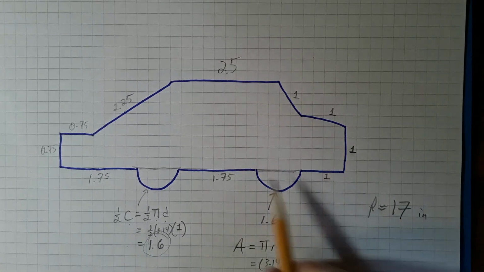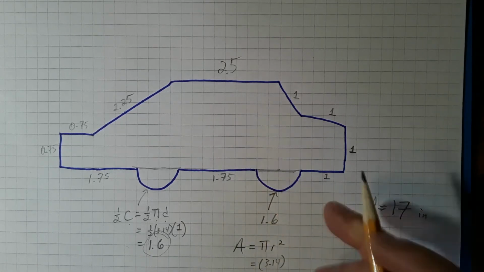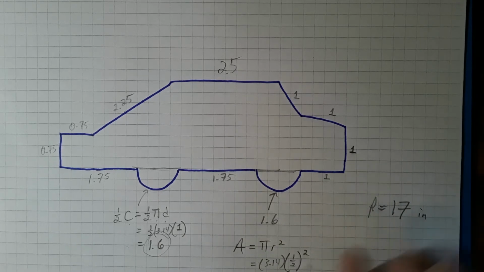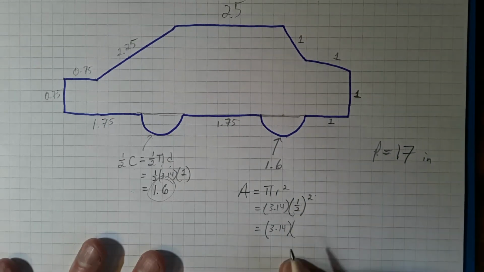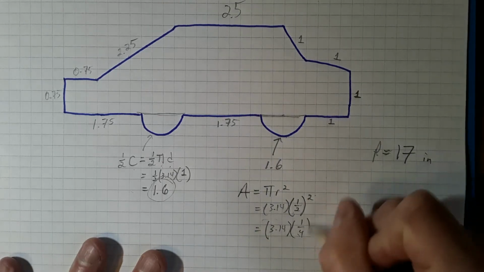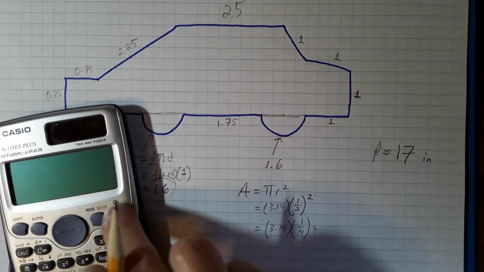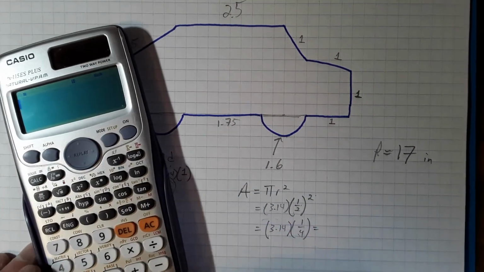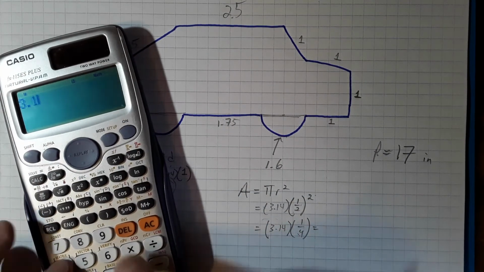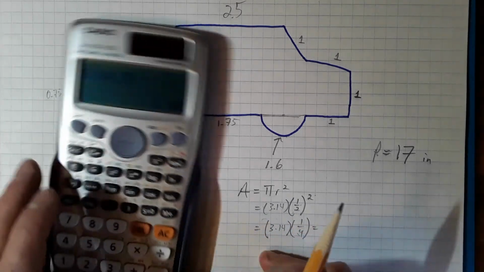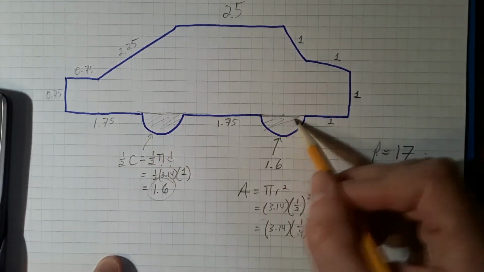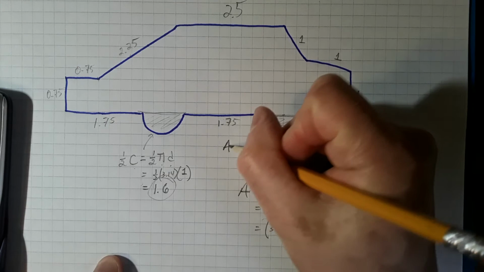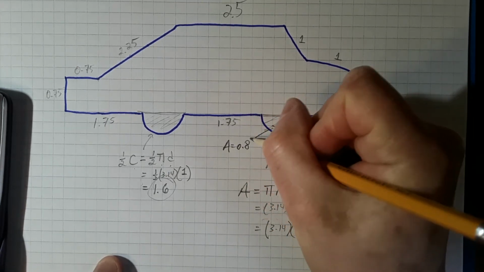3.14. The diameter is 1, so that means the radius is 1/2. So remember to do the exponent first. 3.14, 1/2 times a half is, oops, let me move that, sorry. Half times a half is a quarter. So what is a quarter of 3.14? It is going to be about 0.78, I believe. 3.14 times 0.25. Yes, 0.78 if you can see. So the area of the circles together, I'll just round that up, 0.8